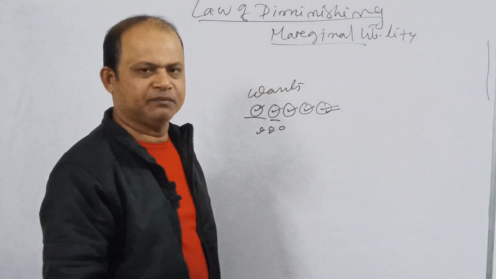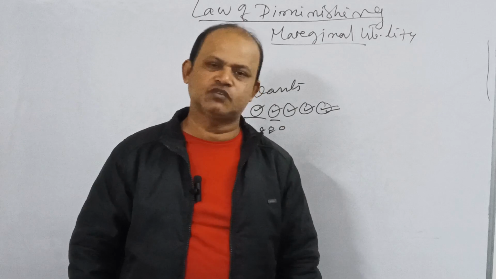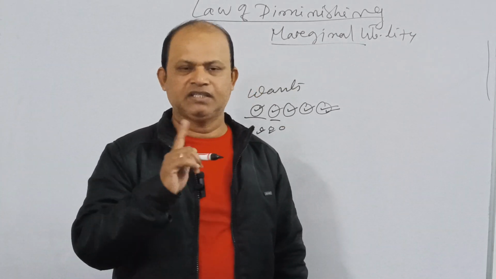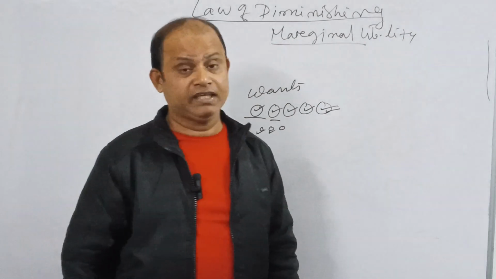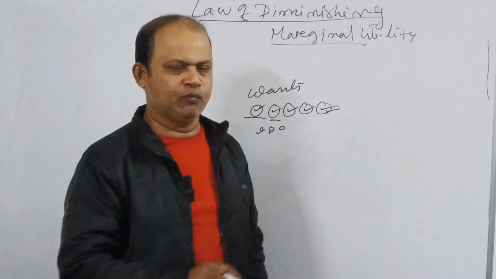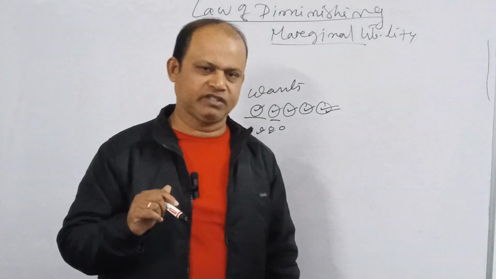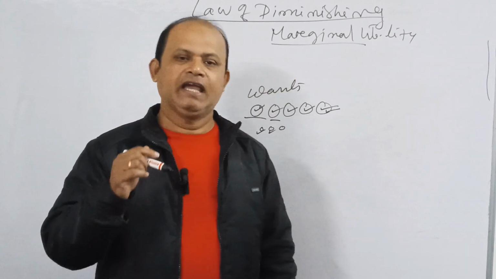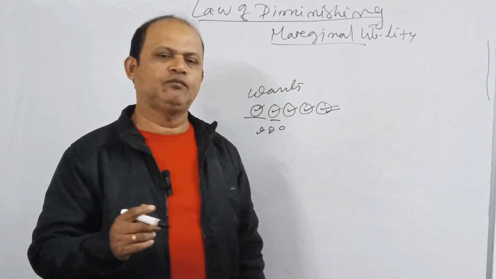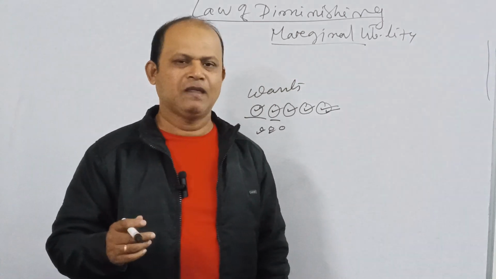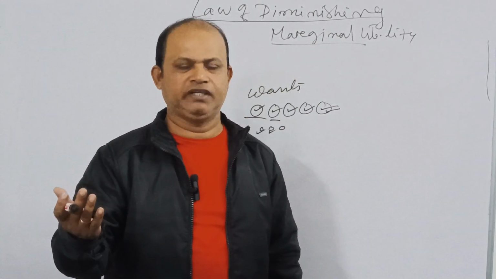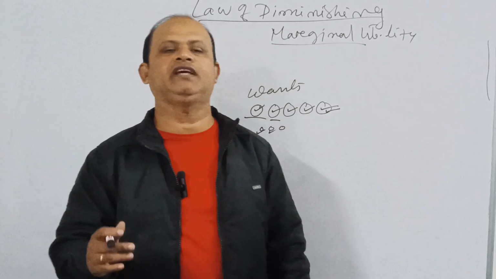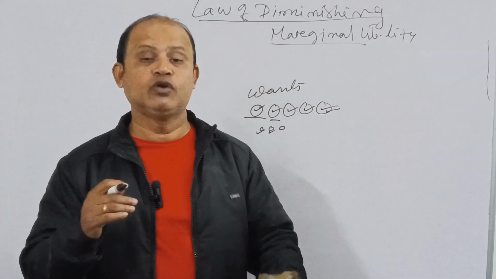So having all these assumptions, if a consumer consumes more of the same commodity, the utility derived from each successive unit will decrease with the increase in consumption of that commodity. And one more thing: here I have given the example of sweets, but you can use this example for other commodities also. It is not that you have to use it only for food items.